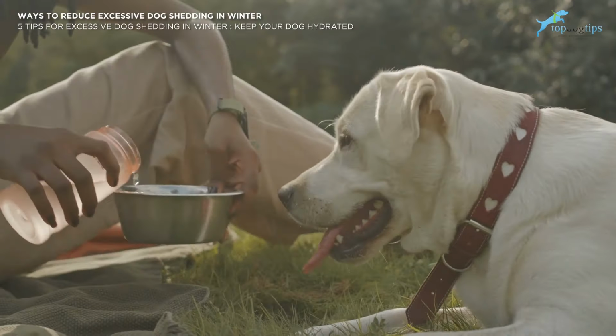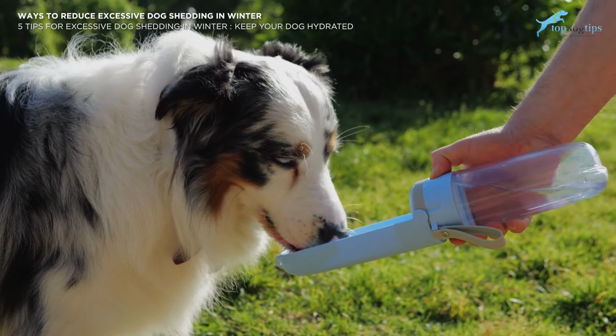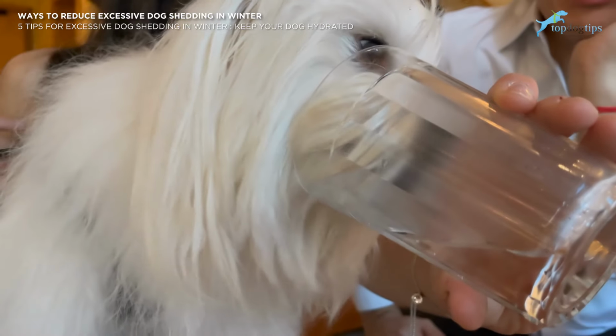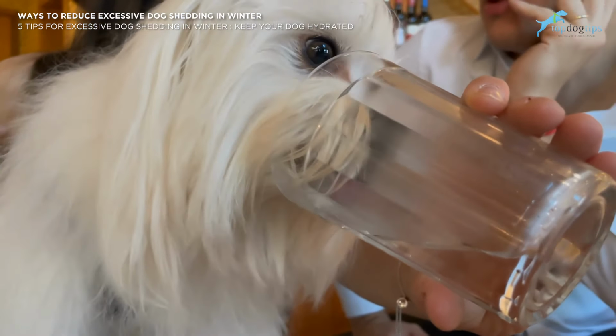You want to ensure your dog has access to clean, fresh water at all times. If you're worried about your dog's hydration and can't keep an eye on your pet at all times for him to drink enough, incorporate wet dog food into his diet. Wet dog food contains up to 78% moisture compared to 10% in dry foods, and it's the easiest way to